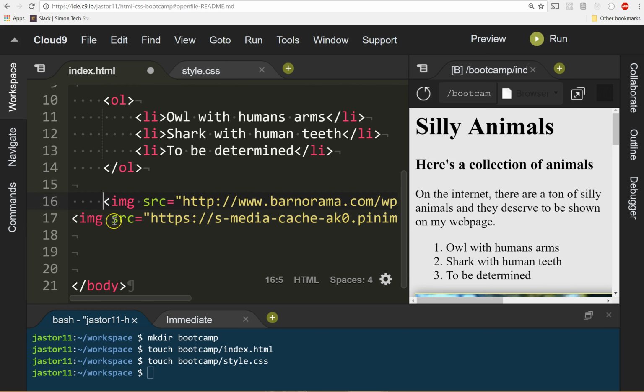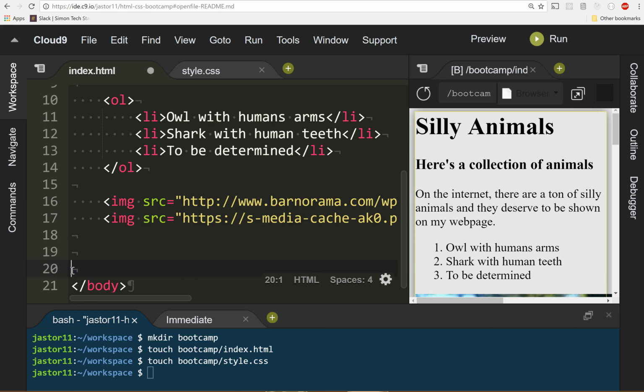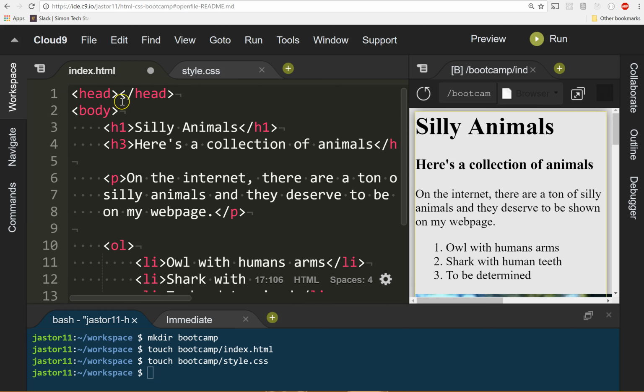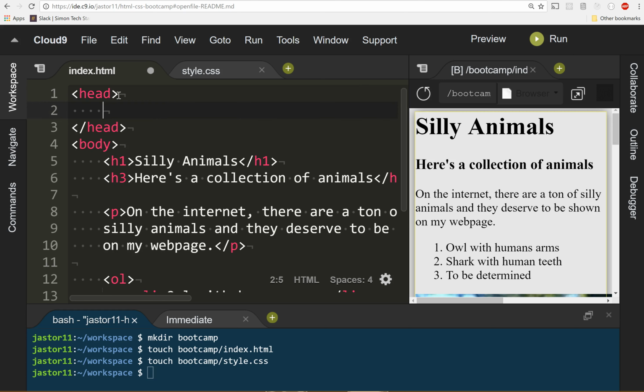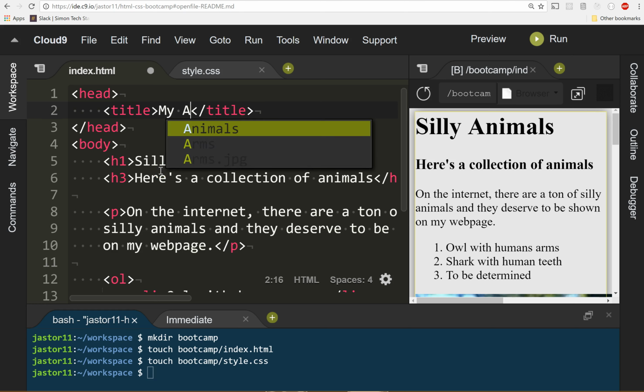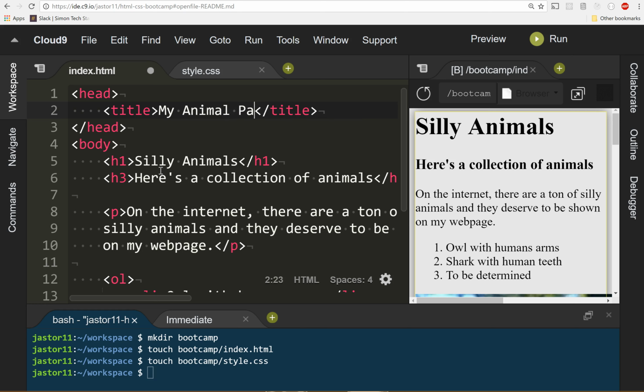Nesting refers to putting one item inside of another. And web developers nest everything that we want to display on our page inside the body tag, and everything that we want our page to know about inside the head tag. So if I want to give this page a title, I'm going to call this title My Animal Page, and I save this,